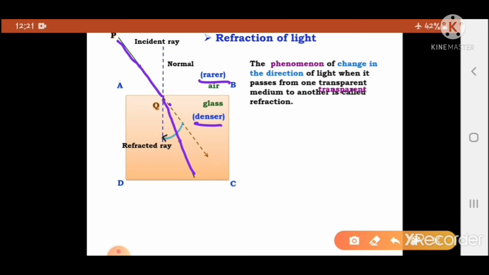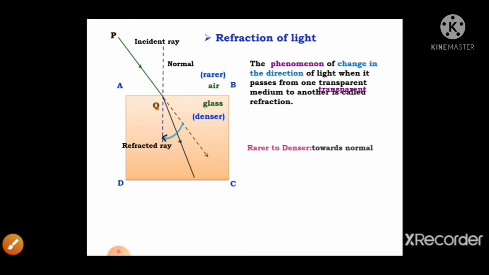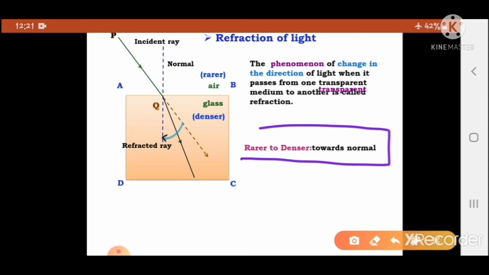Now what is next? Let us see the angles now, how the angles are made. See, when the ray of light travels from rarer medium to denser medium, this is a very important thing, which I have drawn in the box. Whenever a ray of light travels from rarer medium to denser medium, this is called the rarer medium and this is called the denser medium. Air means the rarer medium, and the portion inside the glass is called the denser medium. So when light passes from rarer medium to denser medium, that is, the light in the air is now entering the glass, the medium changes from rarer to denser, towards the normal. So when the ray of light passes, see, this ray of light is initially here,